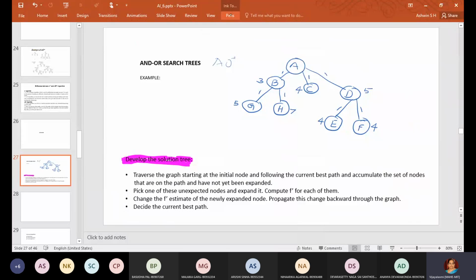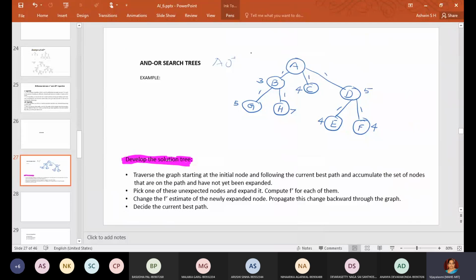Here we are assuming it to be a unit cost tree, so everywhere the edges we have marked as 1. Unit cost edges, and all the heuristic values are given.